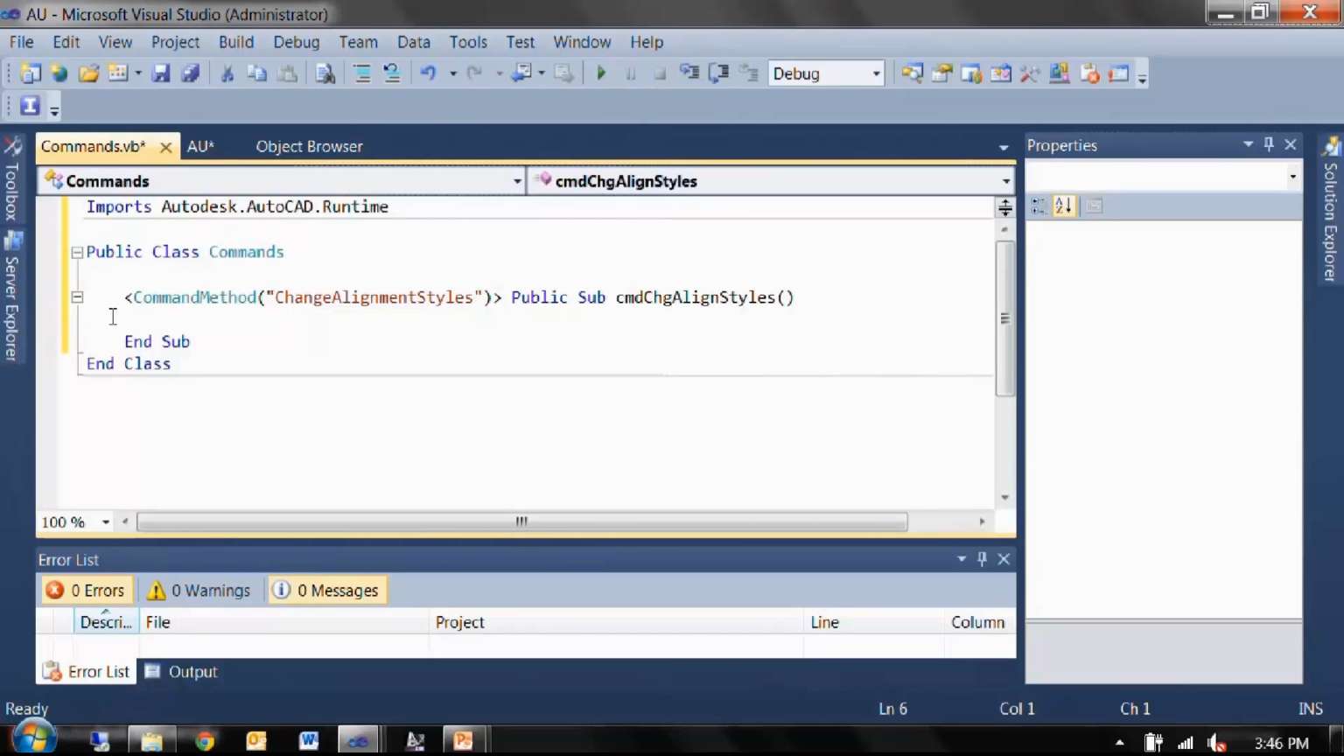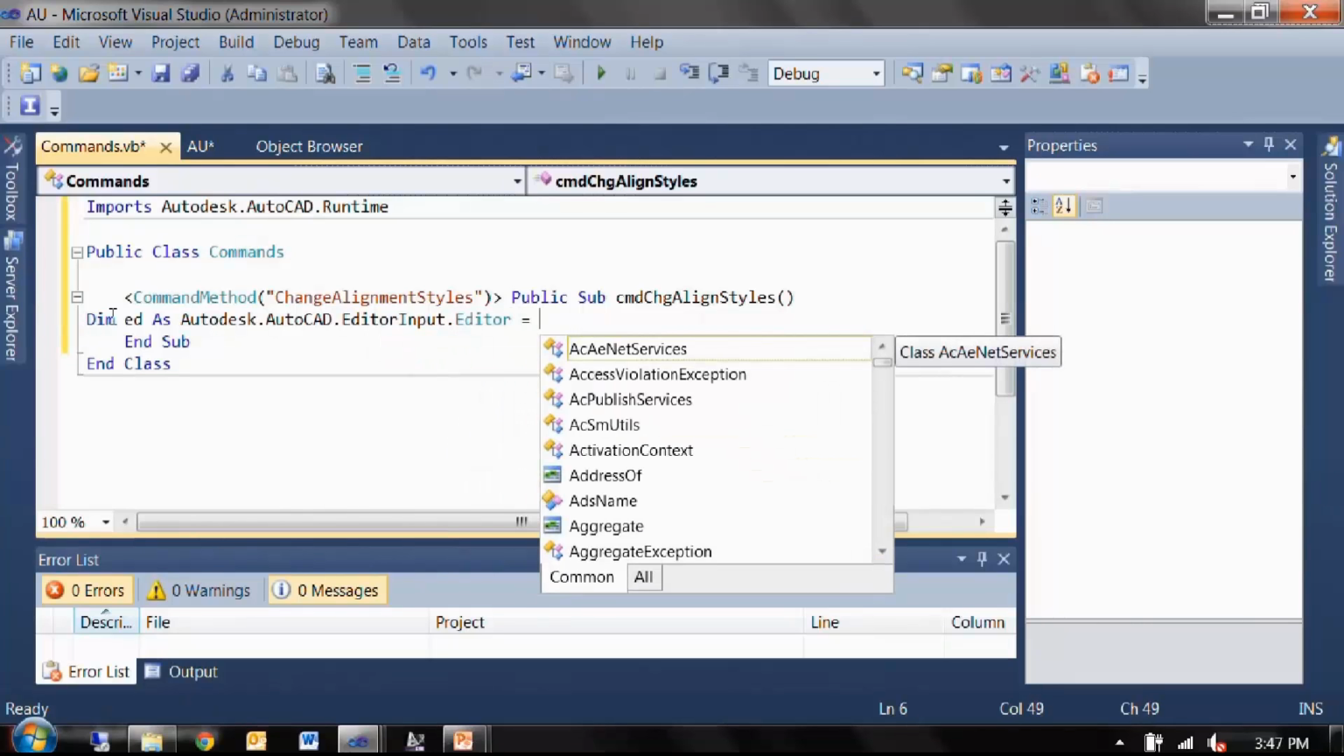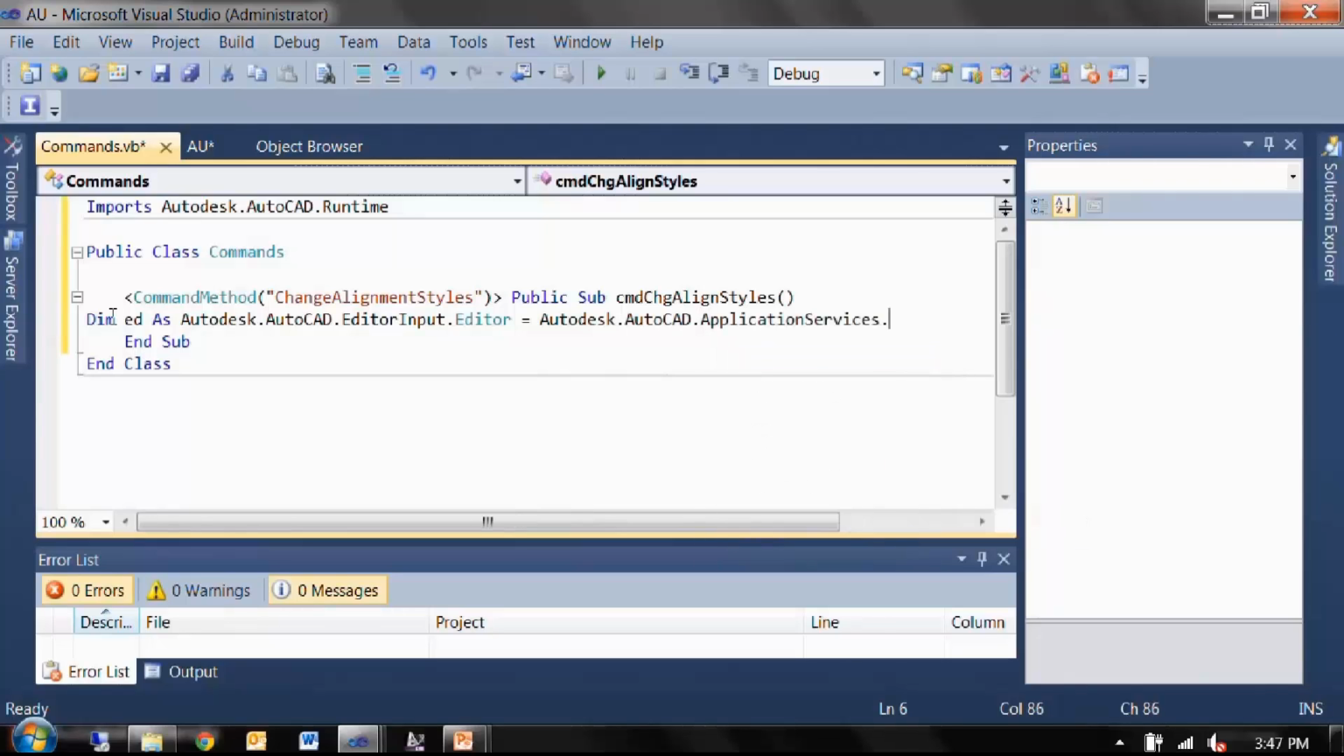The editor is really just the way to get information if you're going to have them select an object, or any type of prompt that you're going to build, or if you need to write information to them and tell them, hey, this is such and such, you use the editor. Well, we need to get the editor of the current document. So I'm going to go ahead and create a variable, Dim ed. That's my variable name. This variable is an editor. Autodesk AutoCAD editor input editor. And for this editor, for the current document, I'm going to set the variable to